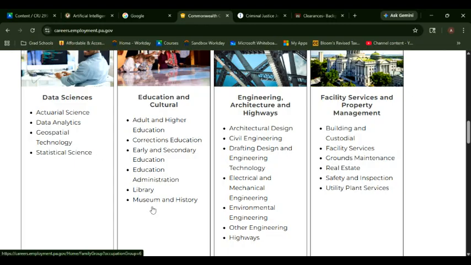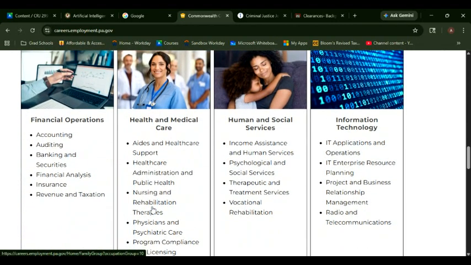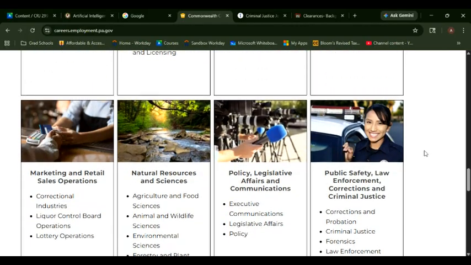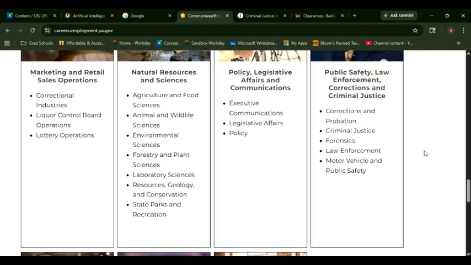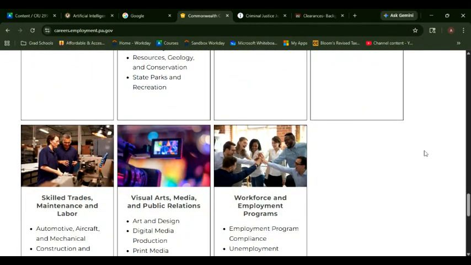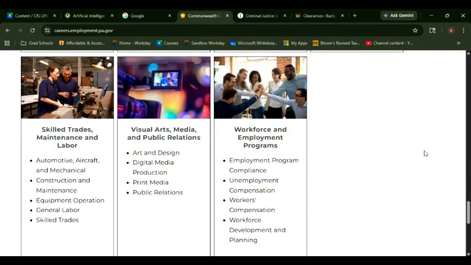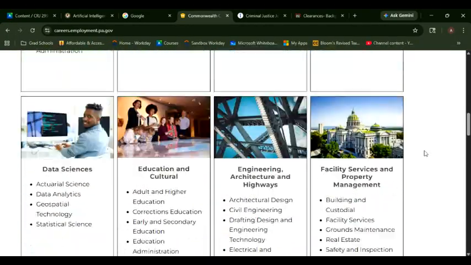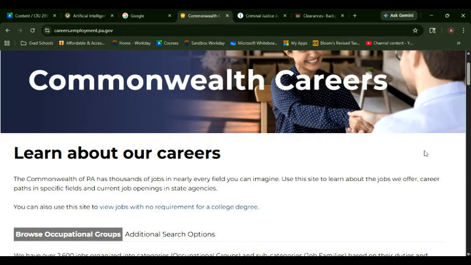So you can see this is not just criminal justice. This is any degree. So while it's useful to you being my students in criminal justice, this might also apply to some of you who are not quite sure where you want to go moving forward, but it is worth looking at these because these are the actual possible careers that are currently available within the state of Pennsylvania, and then obviously you can